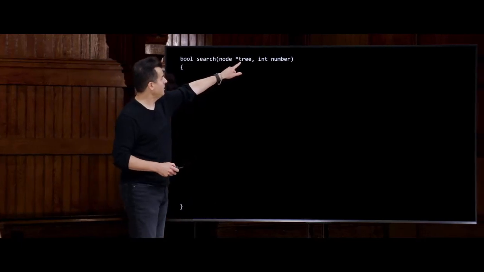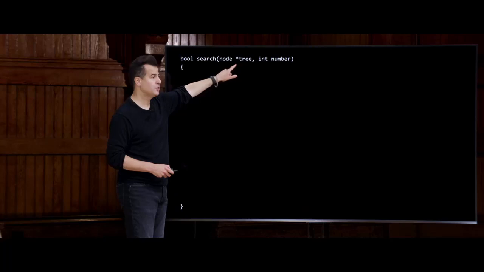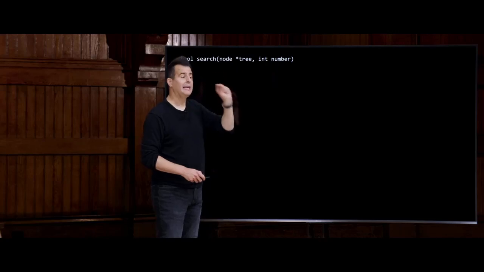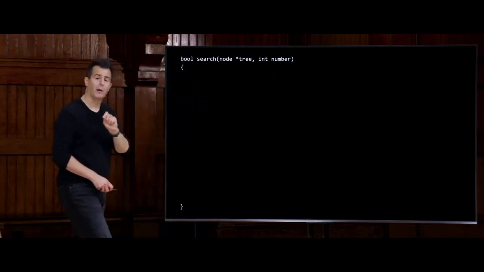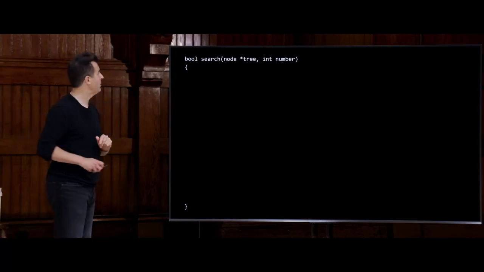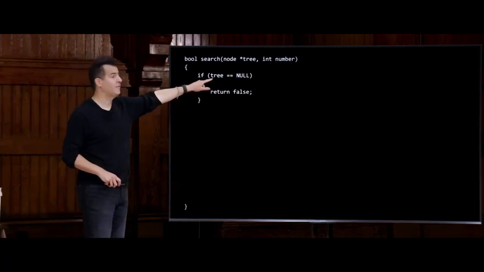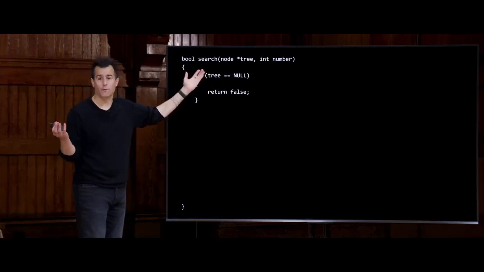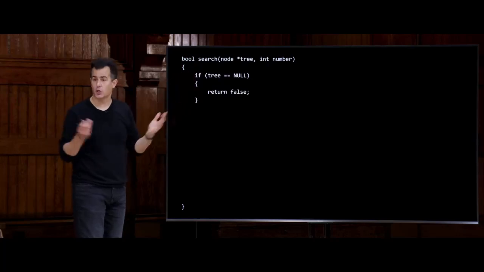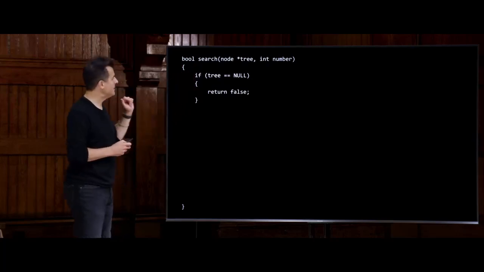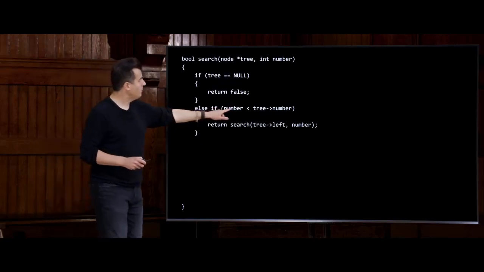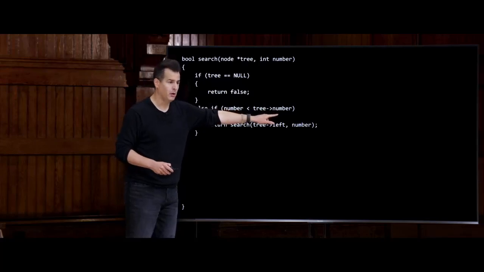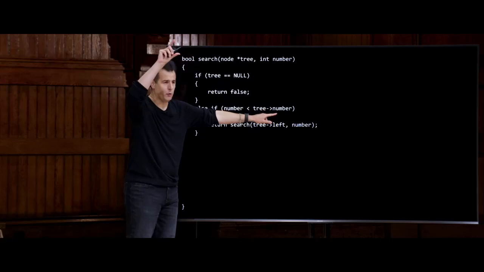If you pass in a pointer to the tree itself, so a pointer to the so-called root, and you give me a number you're looking for, here is how I could search a two-dimensional binary search tree that someone else has already built. I can first pluck off the easy base case. If the tree you've handed me is null, well, I'm just going to return false. Obviously, the number is not in this tree because there is no tree. That's easy. Else, if the number I'm looking for is less than the current node's own number, think about that root. So it might have been that first number in the tree,